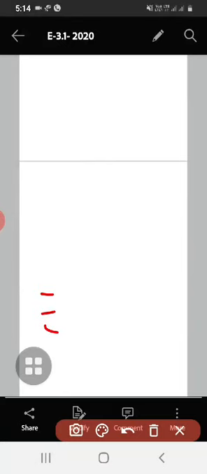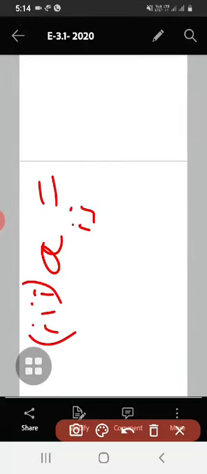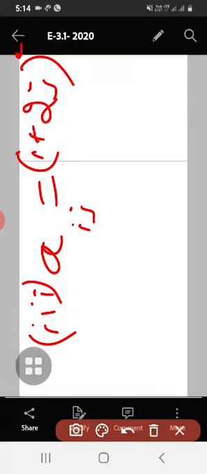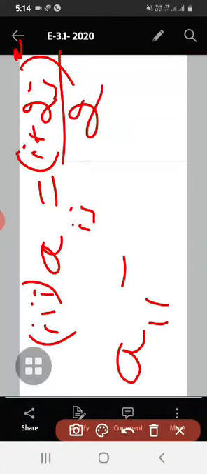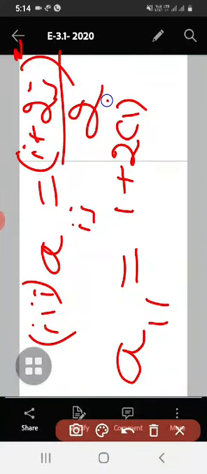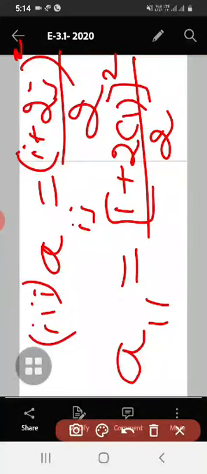the third case here. See, what is the third case here? Aij is (i plus 2j) whole square divided by 2. It is a little bit lengthy; we have to calculate this, and the calculation takes a little bit of time. See, i is equal to 1, j is equal to 1. So we have to do it: i is 1 plus 2j is 1, so (i plus 2j) whole square divided by 2.